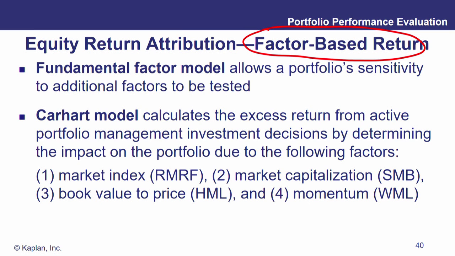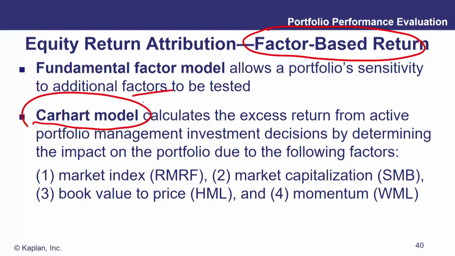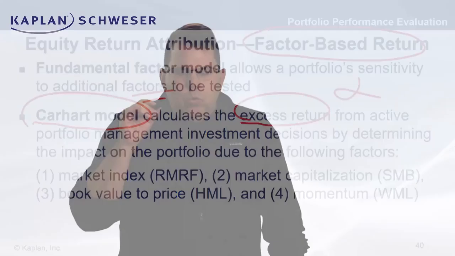Okay, and we know these factor-based models. Fama French. The CFA Institute emphasizes the Carhart model, which I like a lot. So what does this do? This actually allows us to test the portfolio sensitivity to additional factors. Now, what does the Carhart model or any factor model do? So it's going to calculate, again, the excess return. We're still hunting for alpha. So we want to basically remove these factors that we know drive markets, and then whatever's left over, that's the